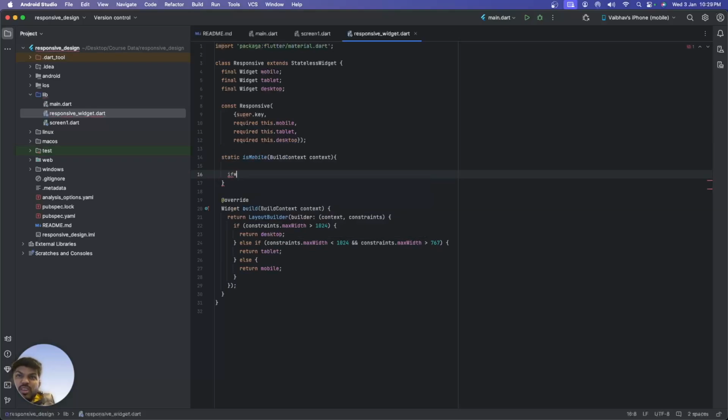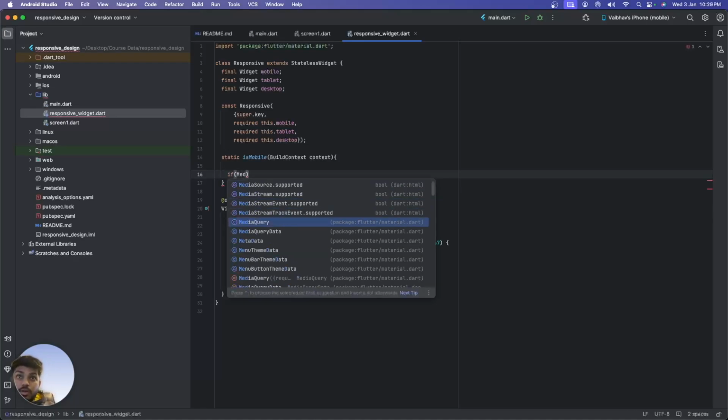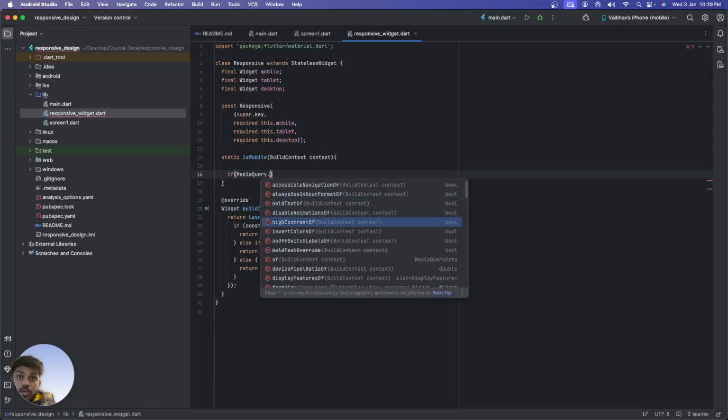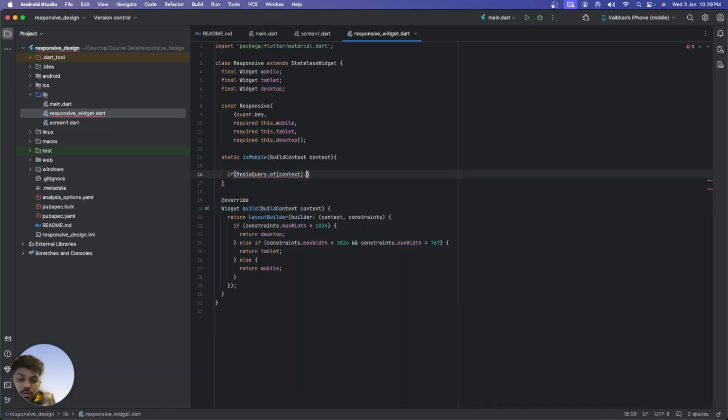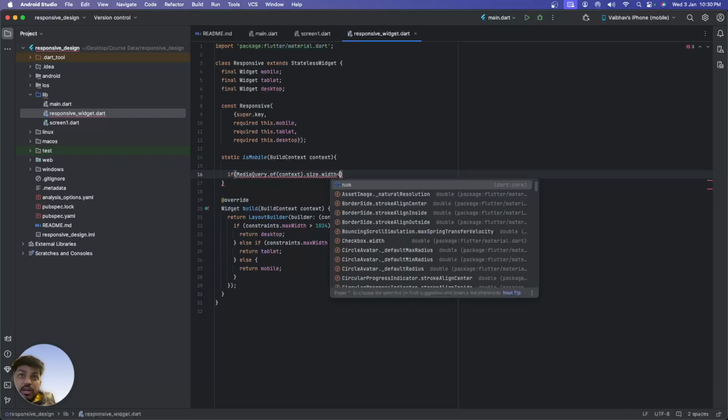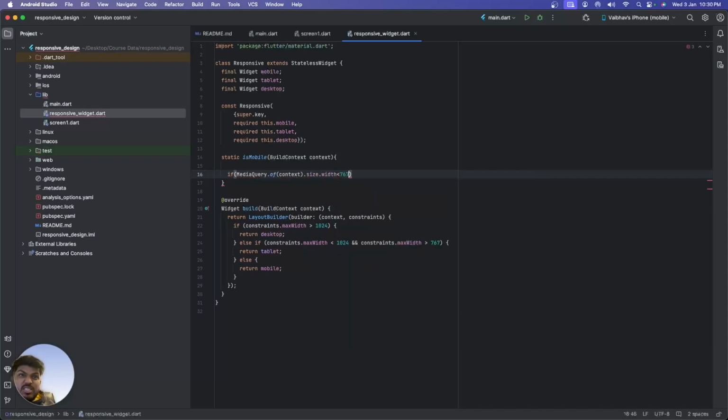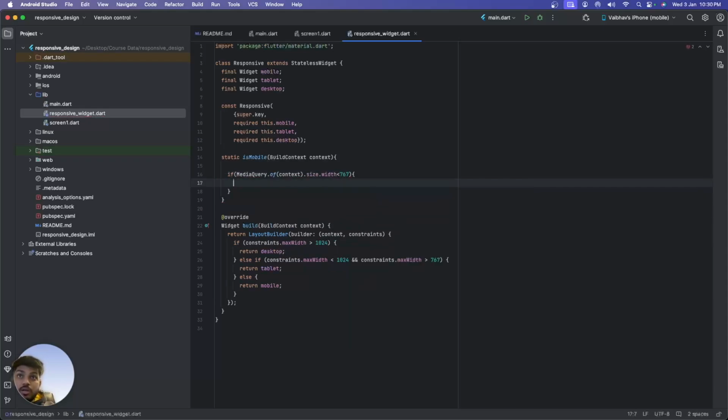If our MediaQuery.of(context).size.width is smaller than 767, then return